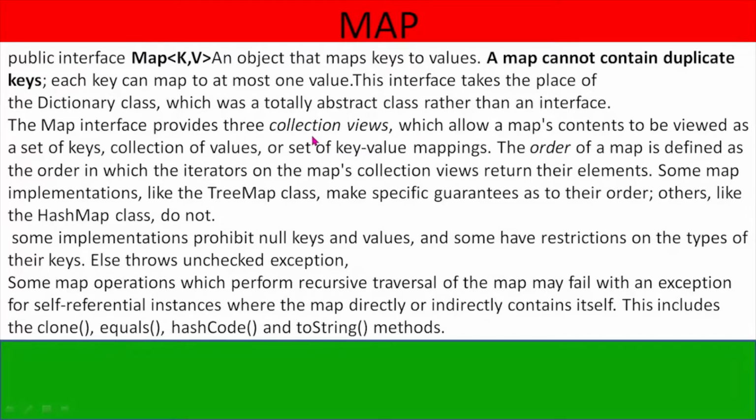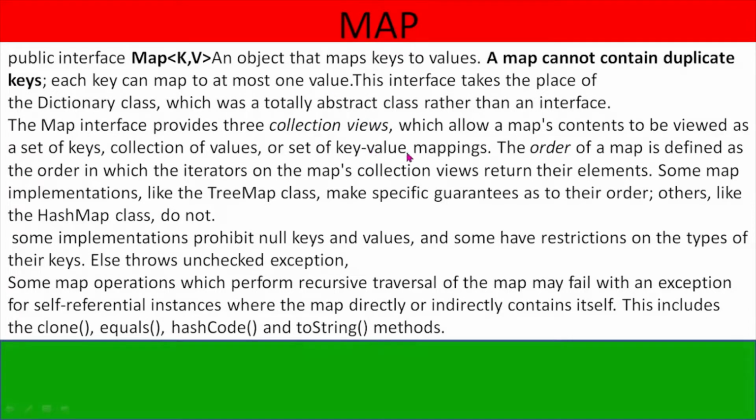Collection views are of three types: key set, values, and entry set. The arrangement of key-value pairs is called the entry set, and this is a set of keys. So that's why it is a set. It prohibits duplicacy, as we studied in a previous tutorial,